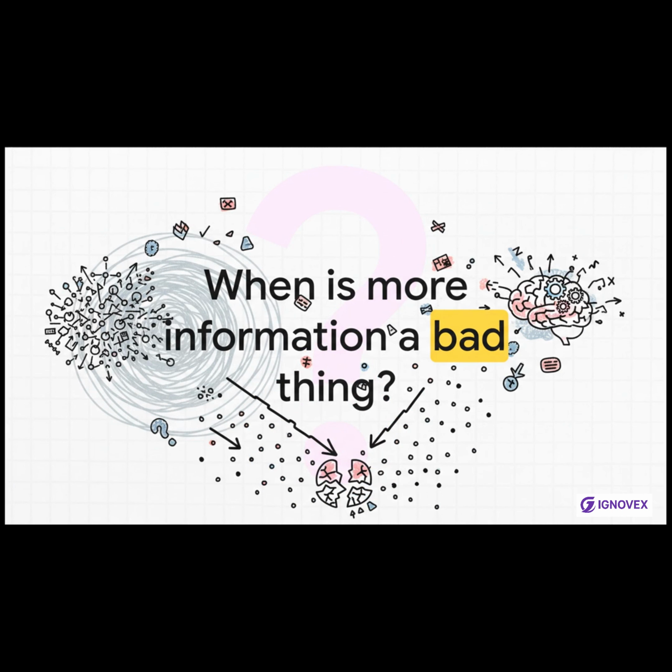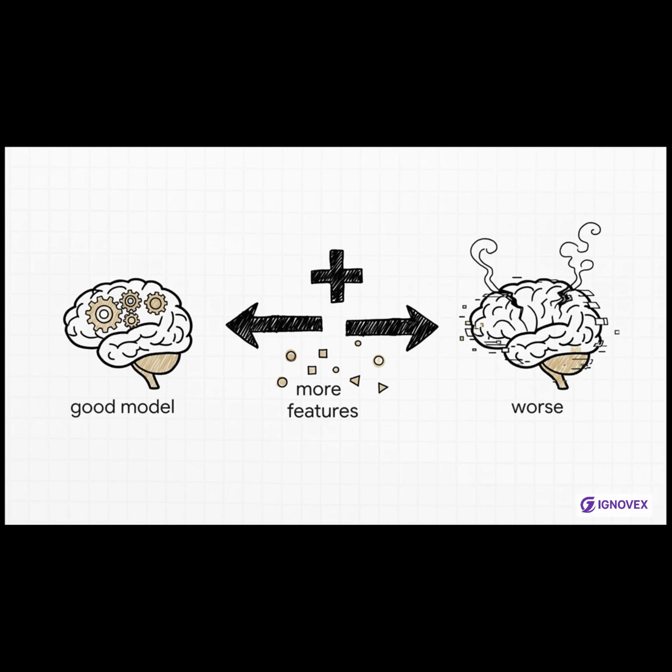Okay, think about this for a second. You'd assume more data, more features, more info. That's always a good thing, right? It's got to lead to smarter models, better decisions. But what if I told you that sometimes adding more can make things completely backfire? That it leads you straight into confusion, not clarity. And this isn't some bug or a simple mistake in the code.